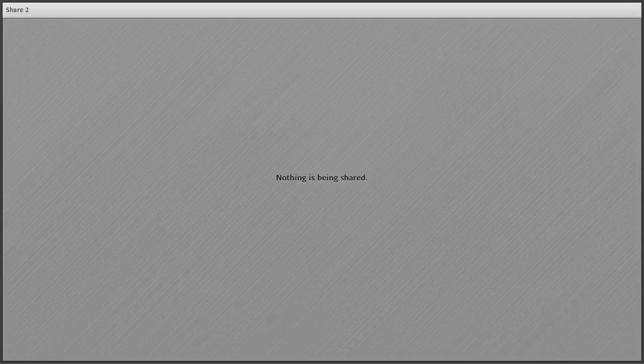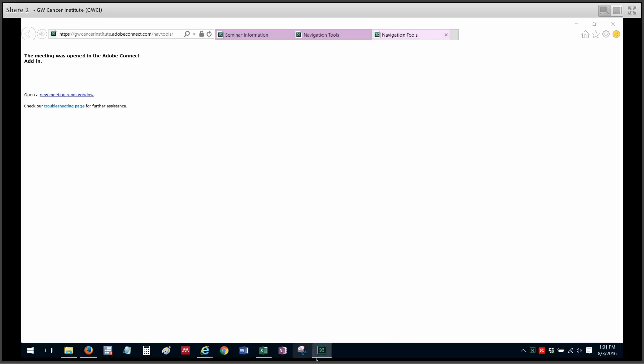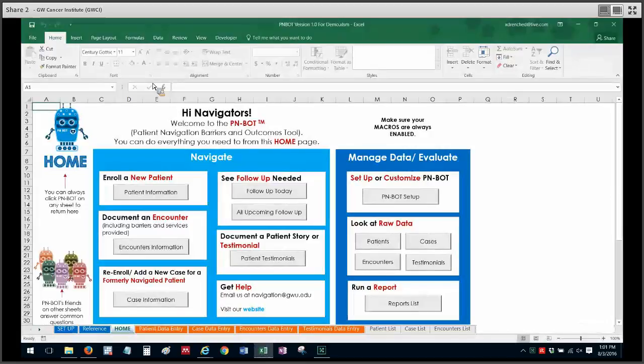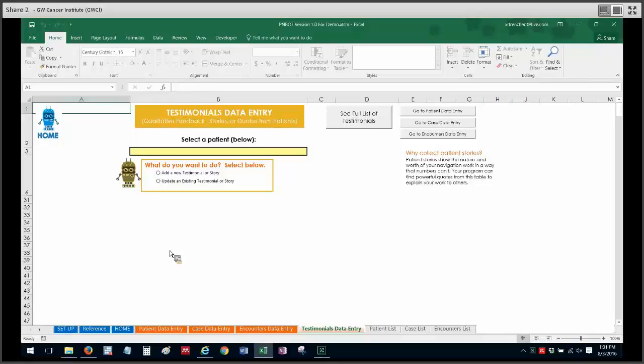Everyone. Today we're going to go over how to document a testimonial or patient story using PNBot. So I have PNBot pulled up here and I'm in my home screen, and there's this area here that says document a patient story or testimonial, and I'm going to click on patient testimonials to take me to the testimonials